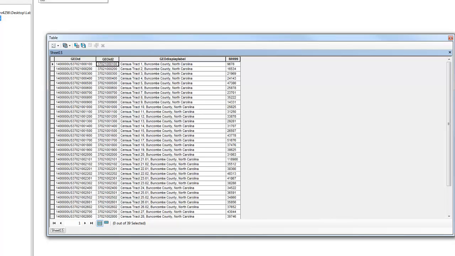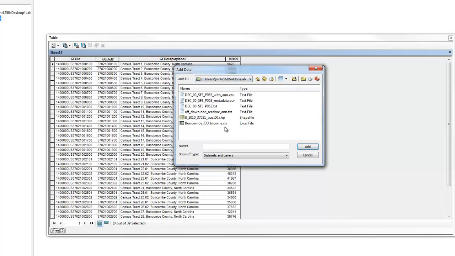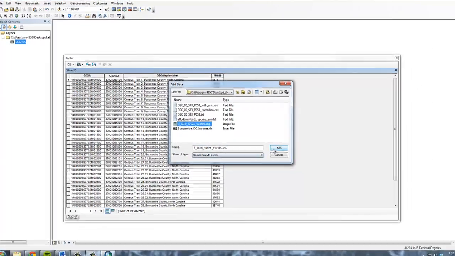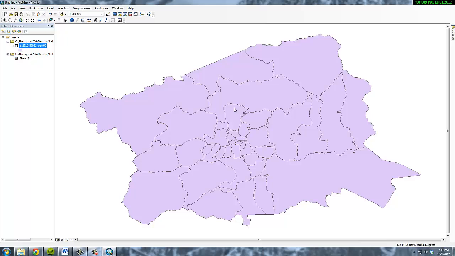Okay? So the next thing we're going to do is add the shapefile, right? So here is the shapefile right here of this tract. So we're going to add this right here. And I doubt any of y'all have been to Buncombe County, but if you have, that's where I'm from, at Asheville. And the city of Asheville is right here, and this county is in western North Carolina, so it's in the mountains. And Asheville right here is kind of located in a valley. Okay, I grew up over here in North Asheville. So anyway, we've added this right here,